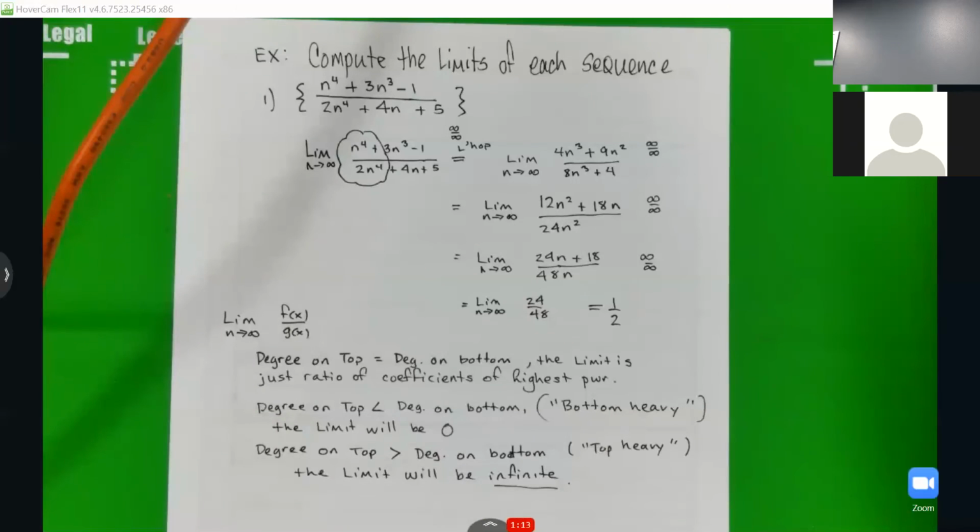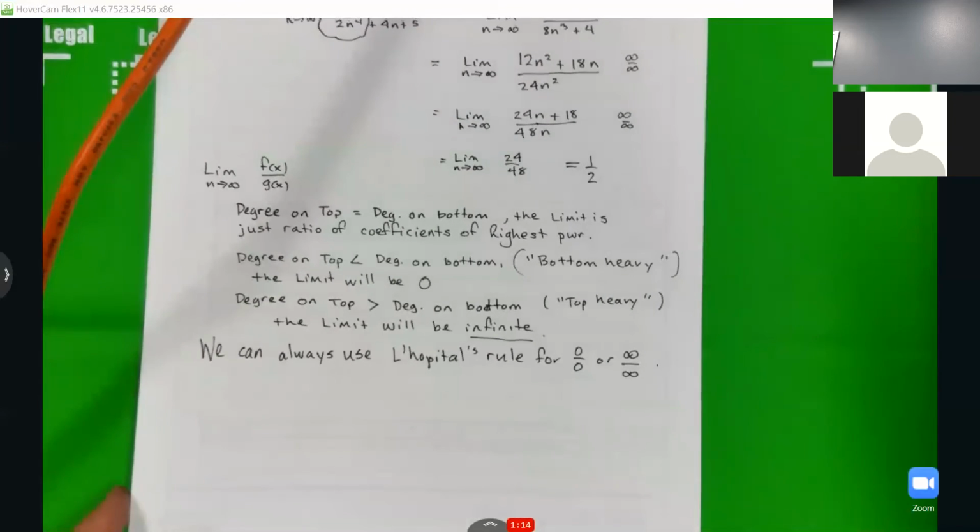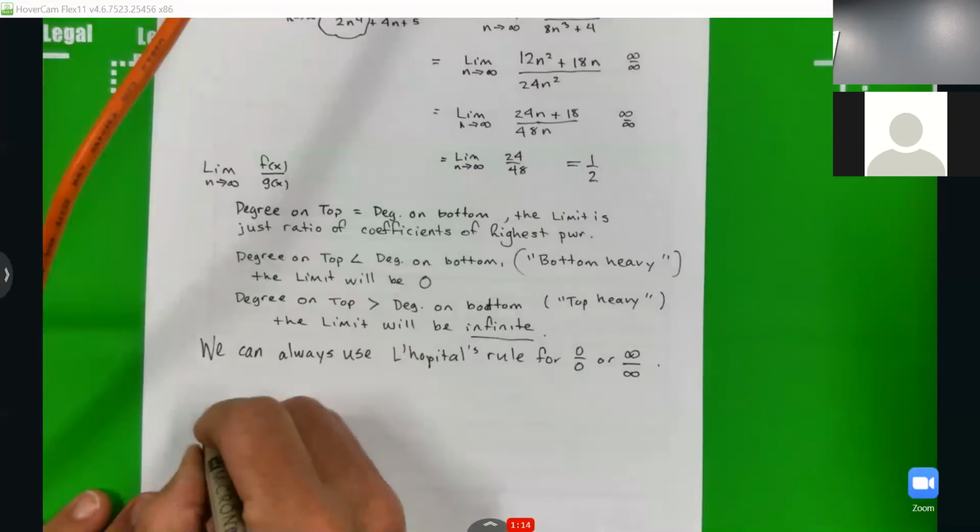If you have something that you're not sure of, maybe it doesn't have degree, maybe it has trig stuff in it or exponential stuff in it, then you can use L'Hopital's rule. So we can always use L'Hopital's rule for 0 over 0 or infinity over infinity. But the more we practice with L'Hopital's rule, the more observations we can find. Like, for instance,